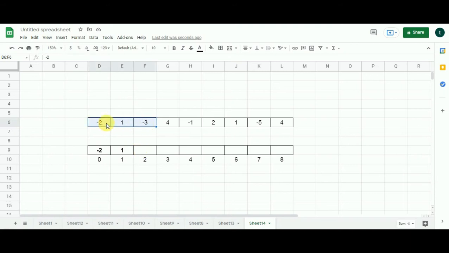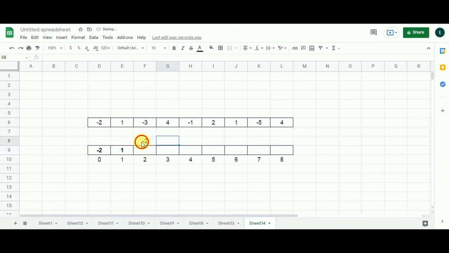We have already calculated the result till here, which we will use to calculate the result of this subproblem. All we have to do here is check whether the addition of the latest maximum sum and the current integer is greater than the integer itself. If yes, then the sum will be populated here, or else the integer itself will be populated. If the integer gets populated like it happened in the previous subproblem, then it means that a new subarray starts from there. Else if the summation of the latest maximum sum and the current integer gets populated, then the previous subarray continues. In this case, the current integer is -3 and the summation of 1 and -3 is -2.